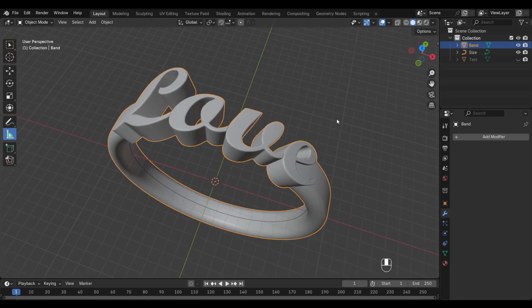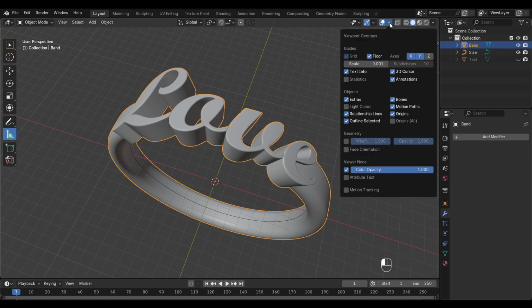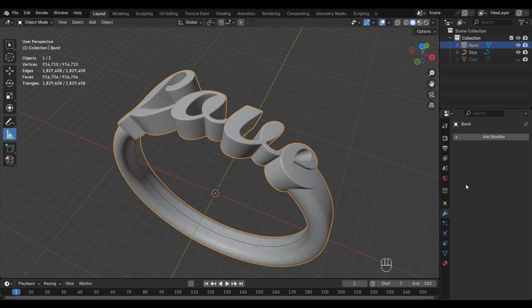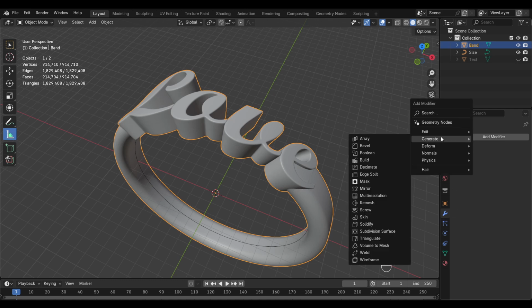The only other thing that I would want to do before exporting this is just to make sure our resolution is a little bit more friendly for the slicing software. So over here in this drop down, I'm going to hit the stats, and you can see we're sitting at just a little under 1,000,000 vertices. So I want to make that a little bit more user friendly. So over here in modifiers, I'm just going to do a decimate,